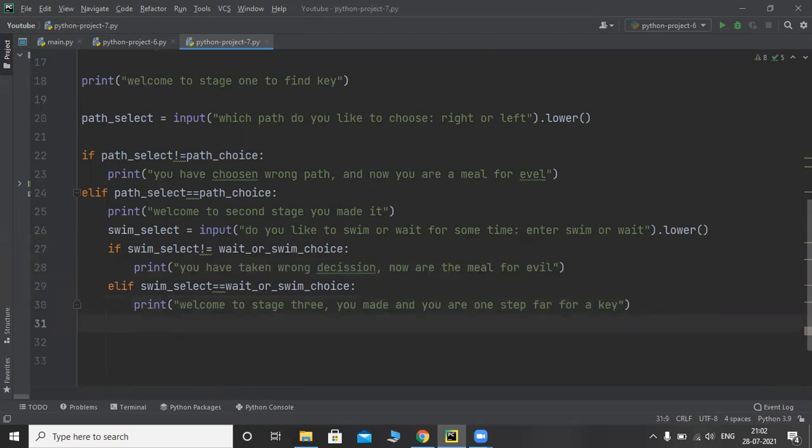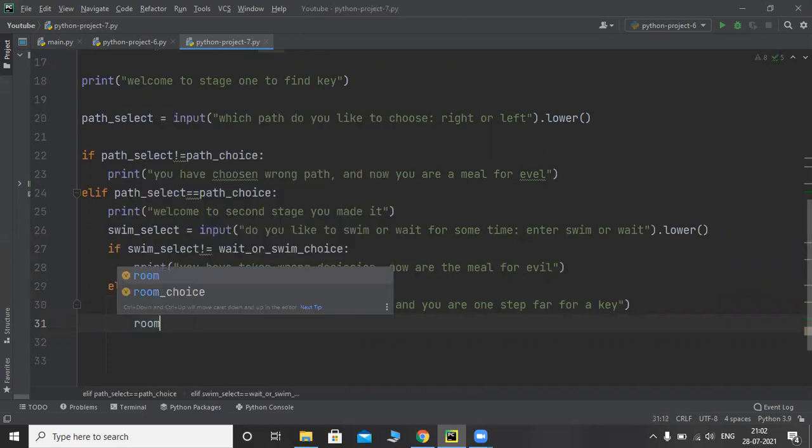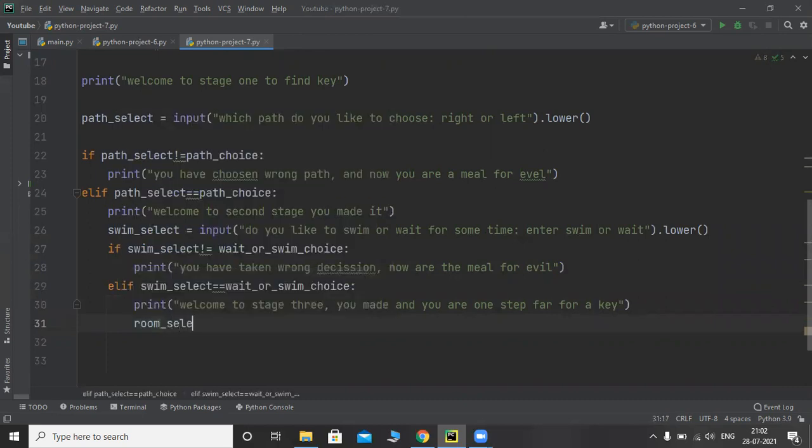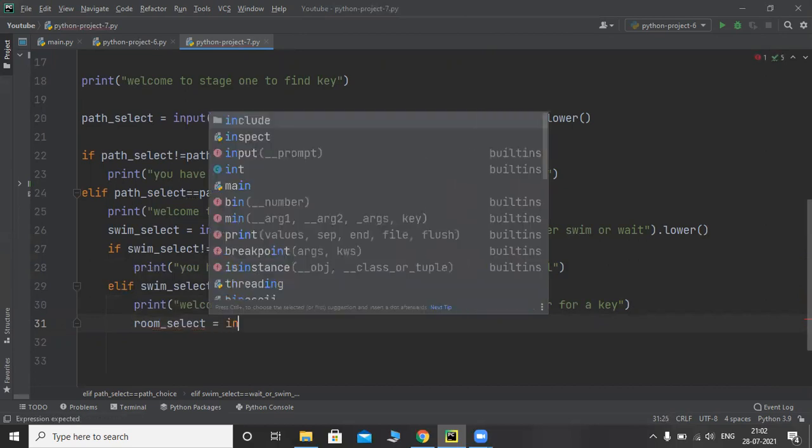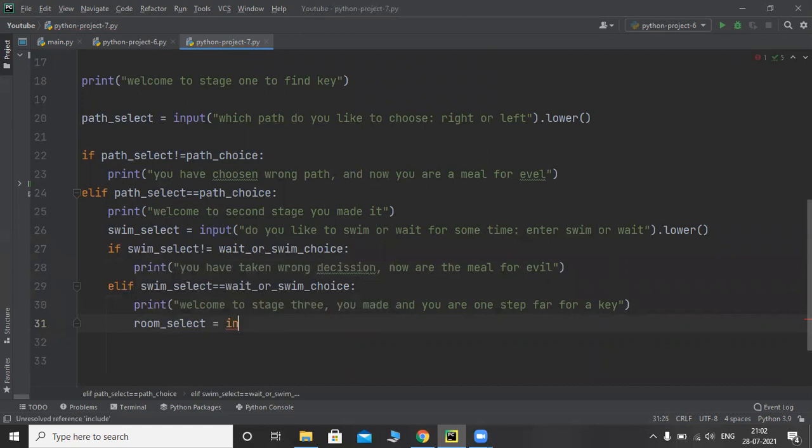Here one more variable will come now, room_select equals input: select the proper room color to get a key.